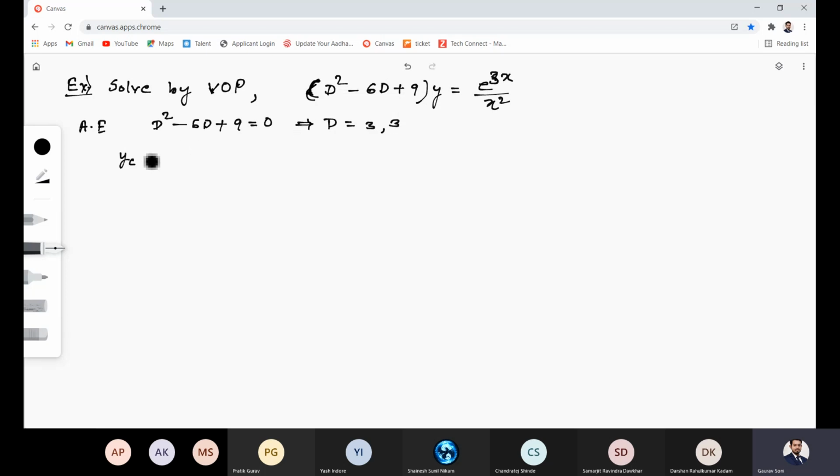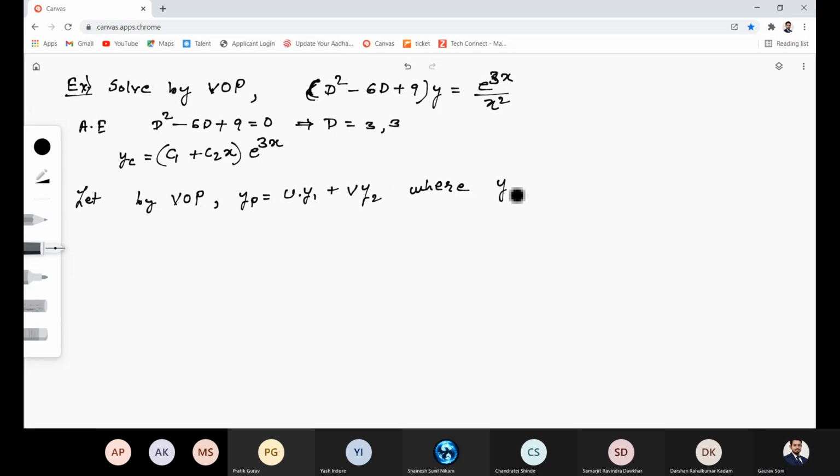So yc will be equal to c1 plus c2x, e to the power 3x. So let yp by variation of parameters be u into y1 plus v into y2, where